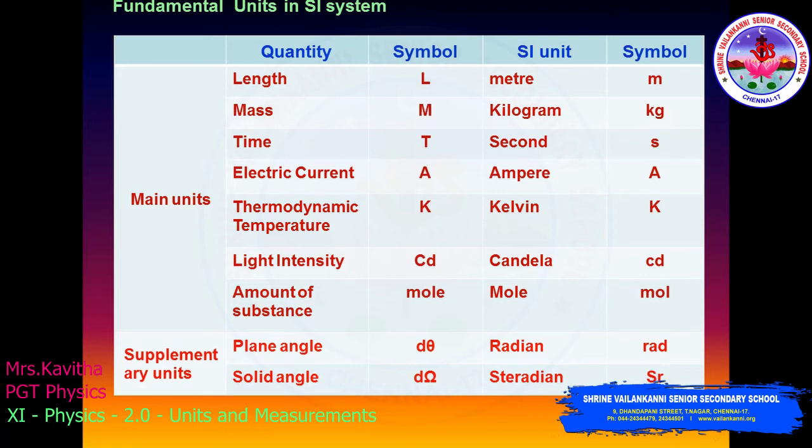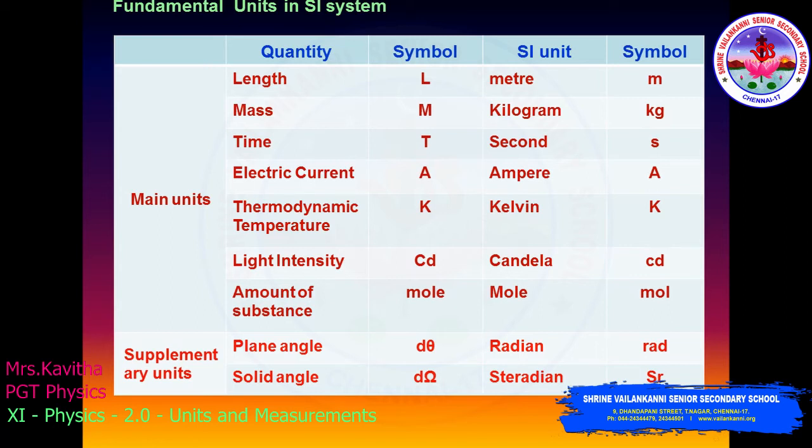Charge is Q, and current is in Ampere. Kelvin, temperature K. We want to honor the physicist, so we use that name. And intensity, Candela, cd. Like that, the symbols are all on the screen,